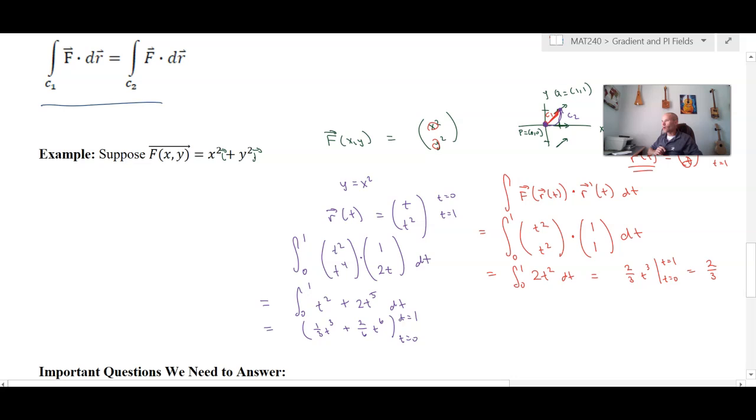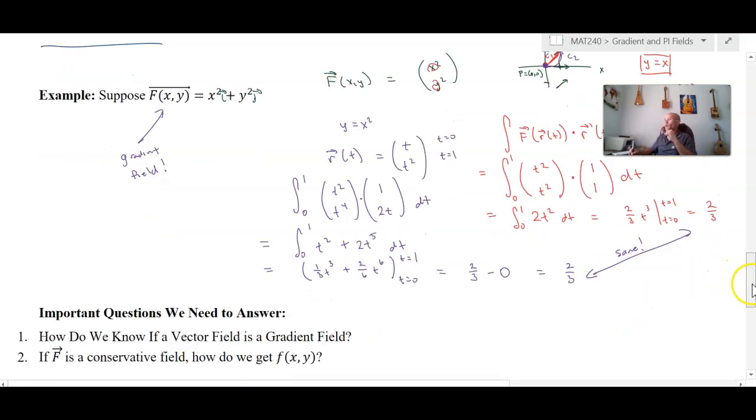Okay, so in this case, 2/6 is actually 1/3. If I plug in here, I'll have 1/3 times 1 plus 1/3 times 1. 1/3 plus 1/3 is 2/3. And then putting in 0 here is just going to give me 0. So I'll have 2/3 minus 0 is 2/3, and here we see that these are the same. Now I'm going to make the argument that this guy is a gradient field. Now this doesn't prove it. Just because we get the same integral doesn't mean that it's path independent everywhere,